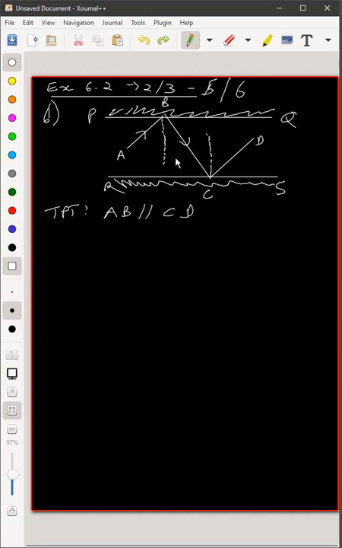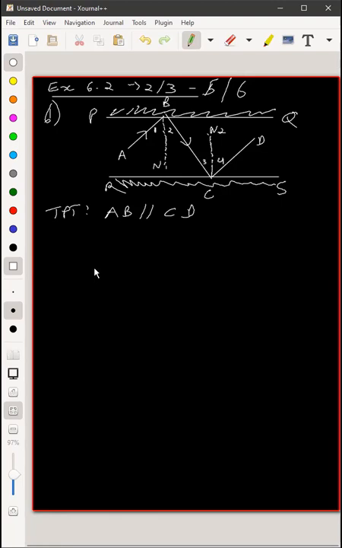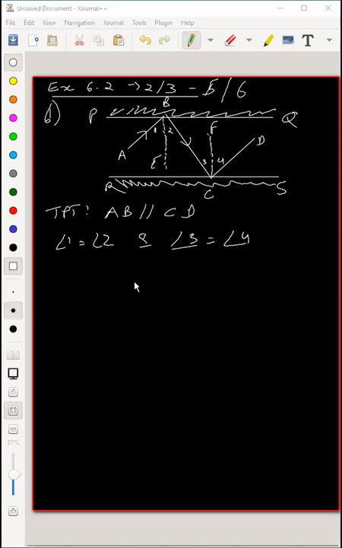Is this clear? So this is the normal. You know what this is? Let's call this N1 and let's call this N2. What are they called in science and physics? Normal one, normal, right? So they are the normal. That means we have angle 1 is equal to angle 2 and angle 3 is equal to angle 4. Or instead of naming this N1, N2, let's name this E and F. Clear so far? So we have angle 1 equal to angle 2 and angle 3 equal to angle 4, yes or no?